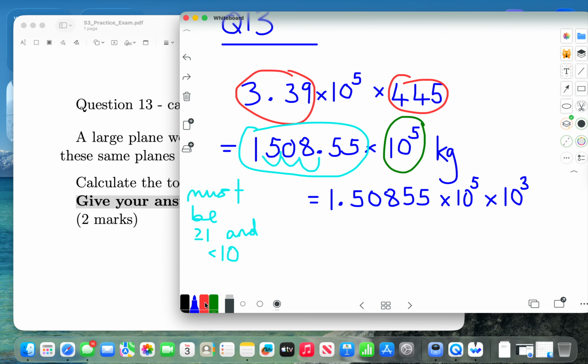And you know the rule that if we have x to the power of a multiplied by x to the power of b, this is x to the power of a plus b. It's the exact same logic here, and it's going to be 1.50855 times, I'm going to add the 5 and the 3 to get 10 to the power of 8